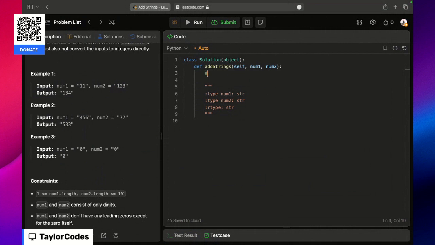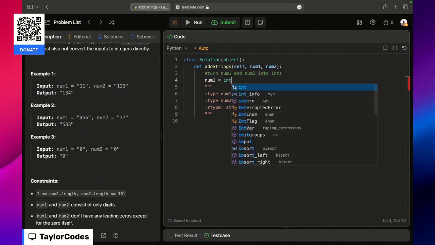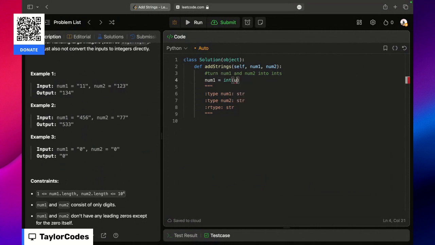So first, turn num1 and num2 into int. All right. And to do this, we're going to say num1 equals int(num1),